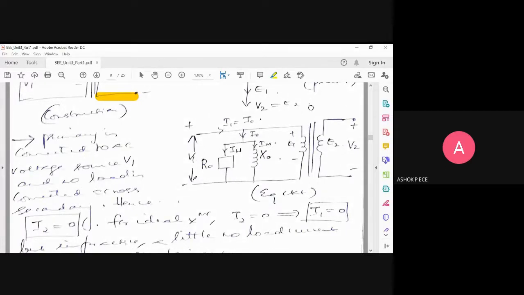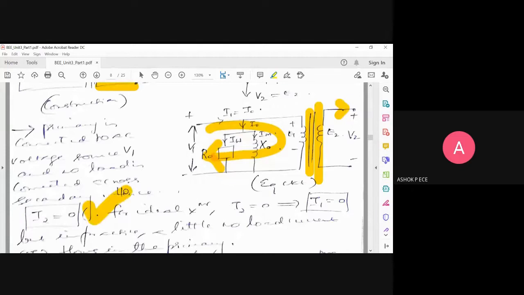See, the primary and secondary are not connected directly. They are coupled by magnetic flux. The primary end is having a closed path, correct? So definitely when the secondary of the transformer is open, the secondary current will be obviously zero. That is always sure. I2 is going to be obviously zero, but I1 is not zero because you have a closed path in the primary. So some current will flow in the primary and come back to the source.